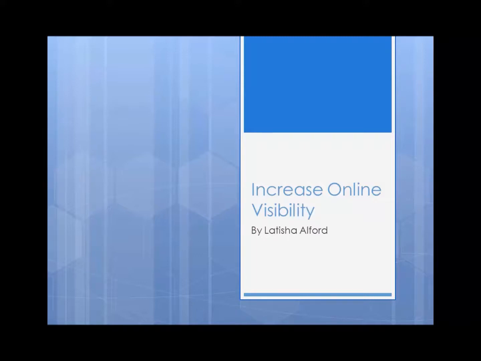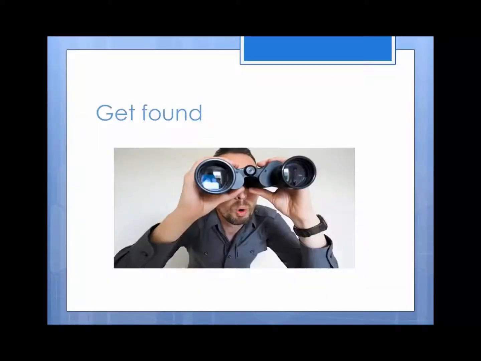We now get to the 5th part of the process, which says this is how I can make myself visible to the potential employers that I really want to work with. So we have to get found. And one of the best ways that we can make ourselves visible is to be found by creating content online and making sure that every time we create content, we use keywords related to our occupation or our industry.